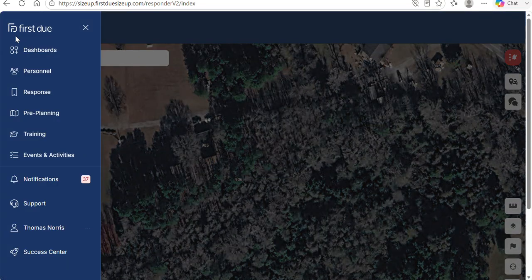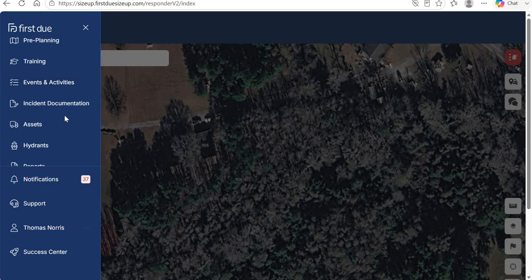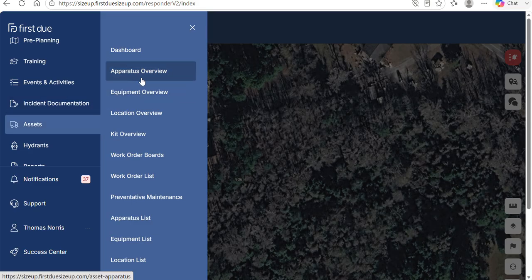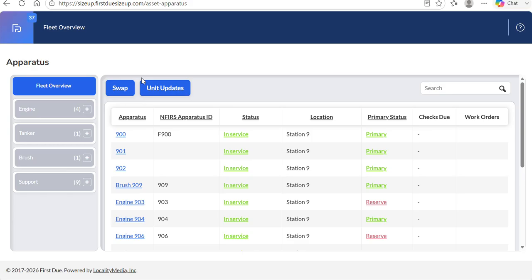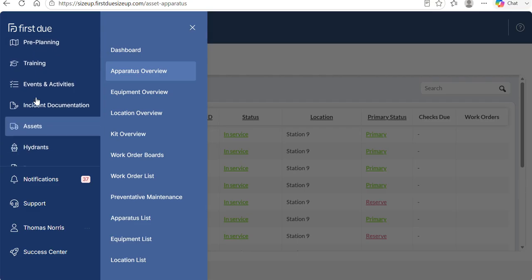Everybody, we are going to be going over the assets module and truck checks in First Due. This is something that we're going to be testing out over the coming months. So first thing we're going to do is navigate over to our assets